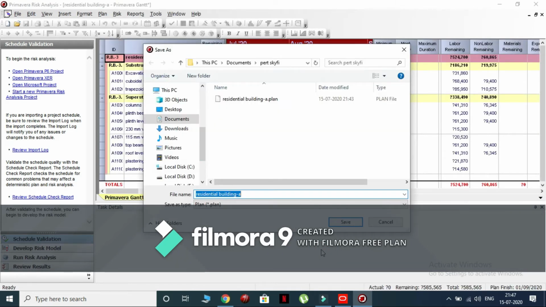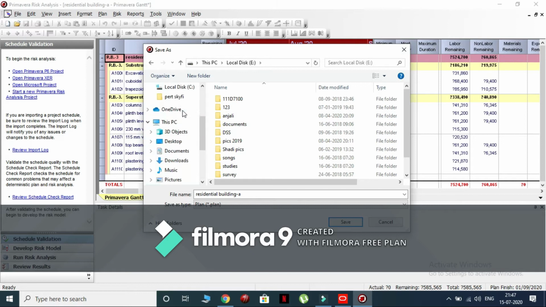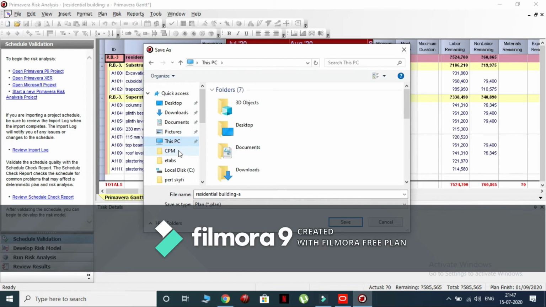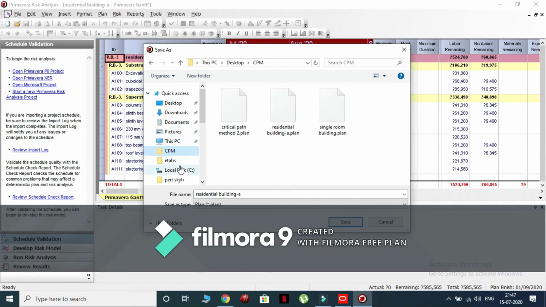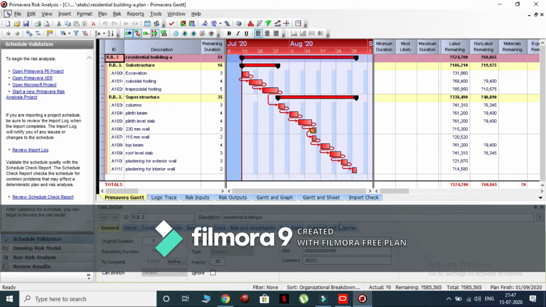The software automatically asks to save the file, so we will save the file in any appropriate folder and we will name it as residential building A. We can see that the residential building project has been imported.